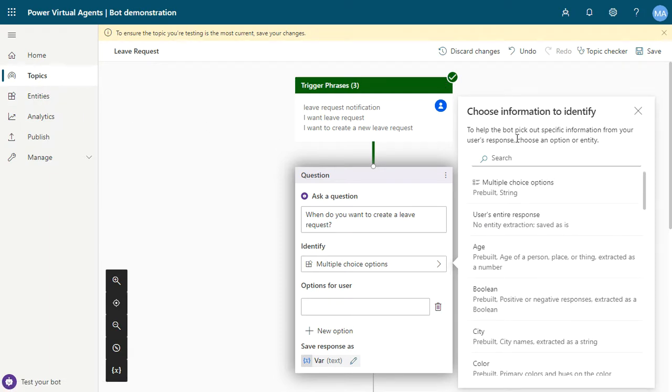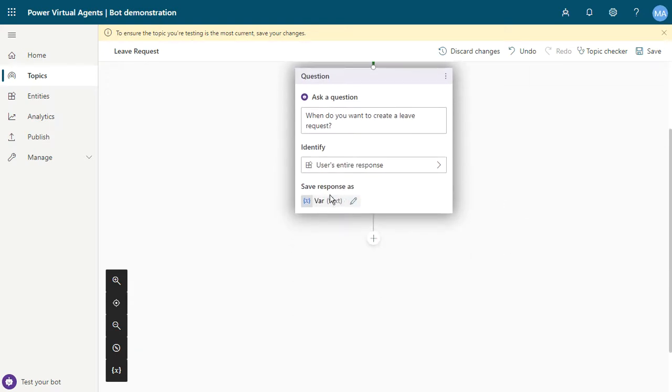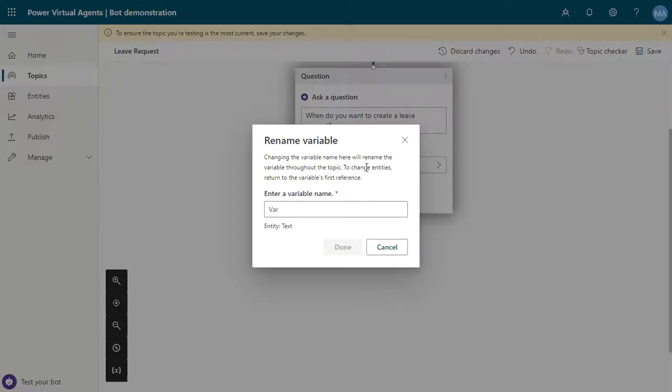But now we want user's entire response like identify, and we have the save response as, and we have the variable. We can use the response to understand after the conversation and call an action using the user response. We can rename this to date,